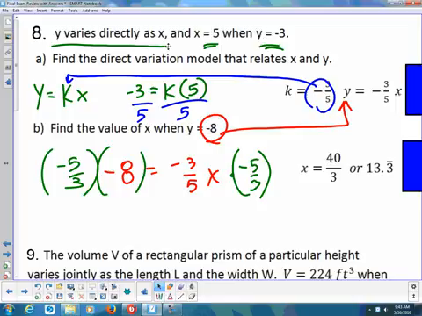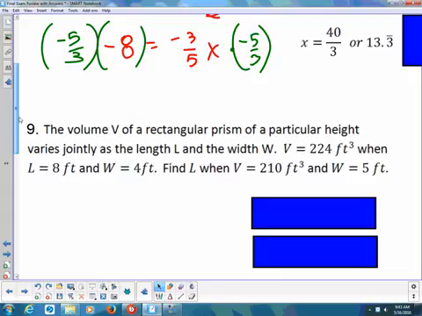Let's try another variation problem. This one is a joint variation problem. It says the volume V of a rectangular prism of a particular height varies jointly as the length L and the width W. All right, stop. Let's just take that much. So if I have that much right here,